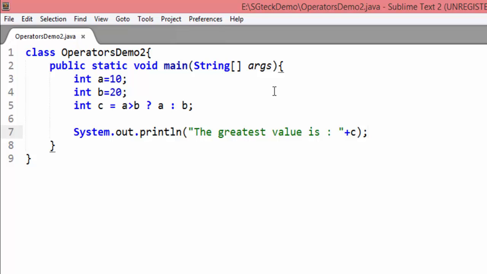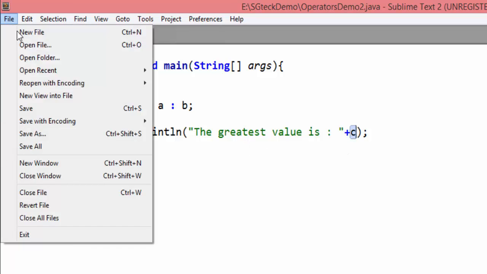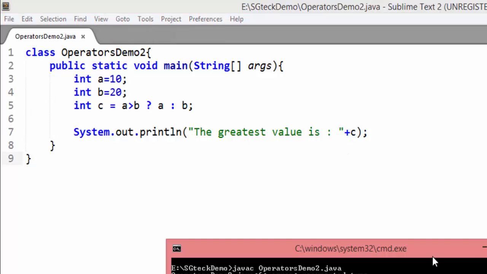So what happens here is the compiler checks the condition if a is greater than b. If a is greater than b returns true, then the value of a gets assigned to c. If a is greater than b is false, then the value of b gets assigned to c, and we are printing the value c. So let's save the file, open up command prompt,